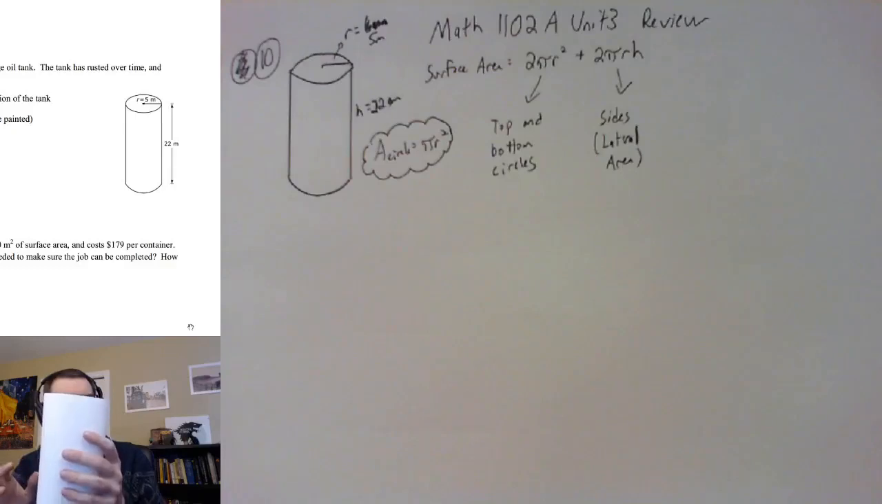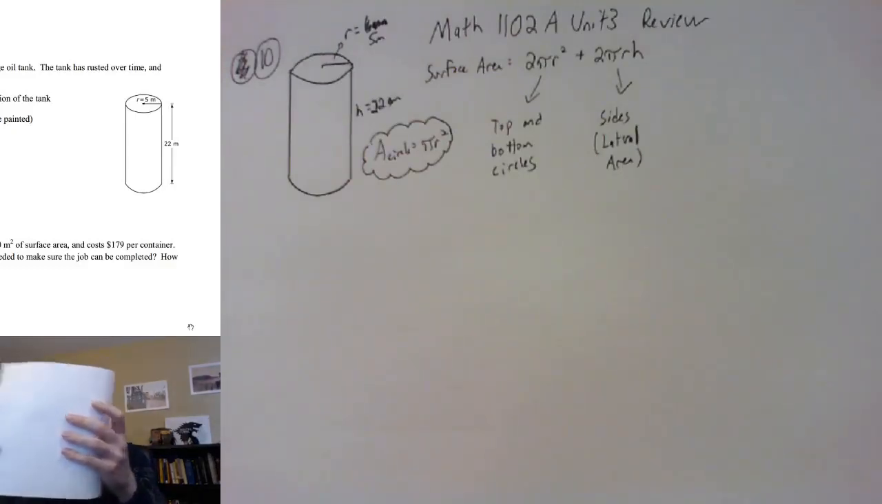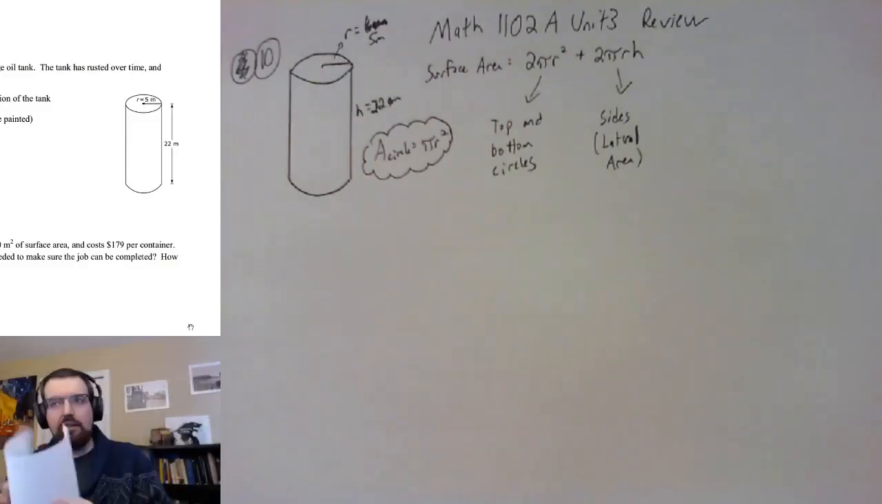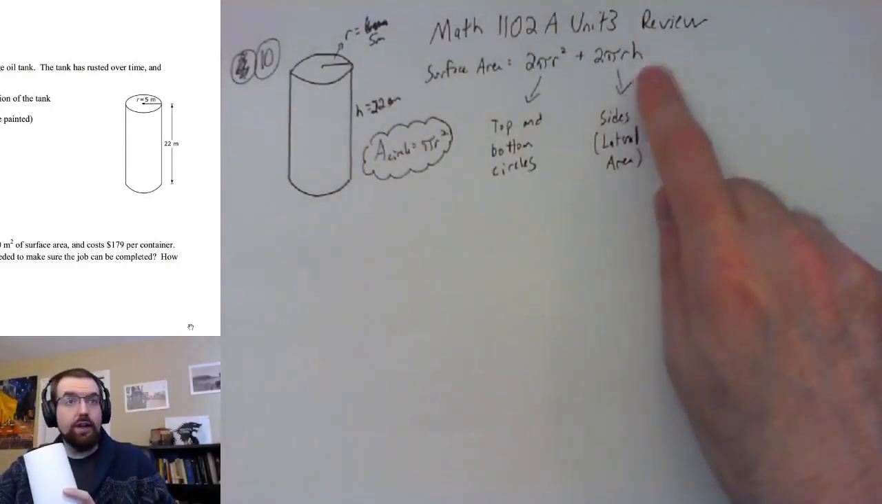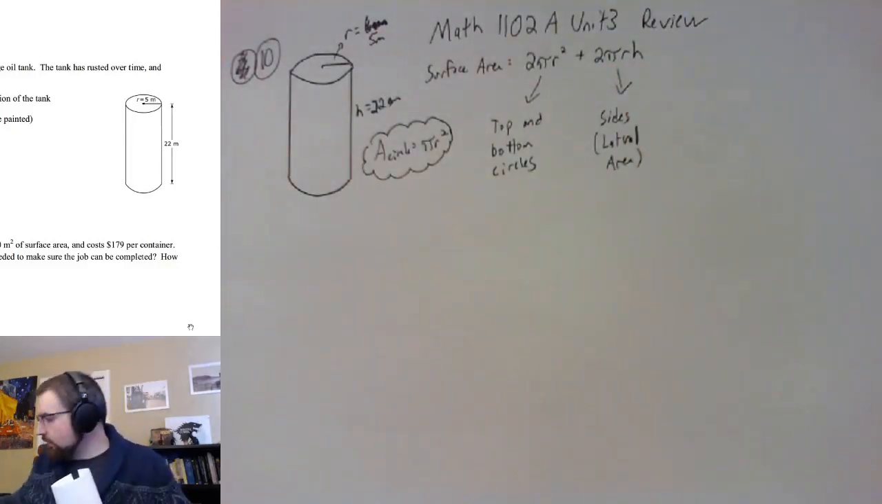This side, this is the height, right? So the height is just one of the sides of the rectangle. So that's easy enough, and that's why we see an h over here. But why the 2 pi r? Well, we do know that the